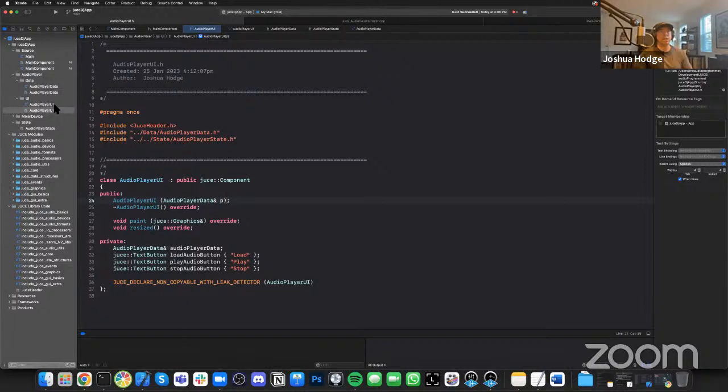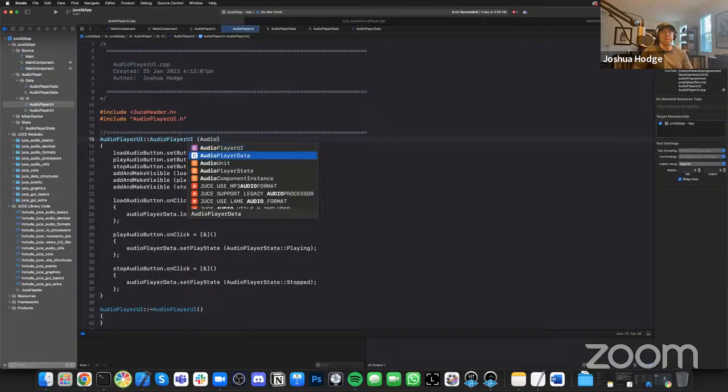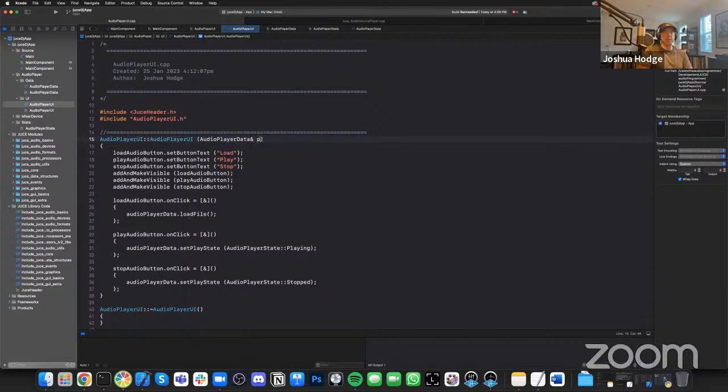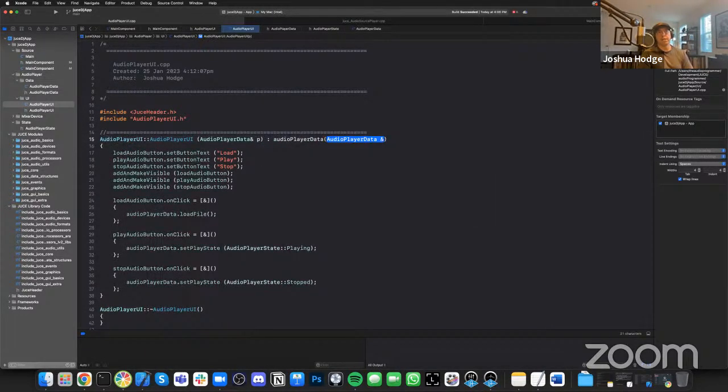And then now, let's do the same sort of thing here. Audio player data &P, then audio player data is now P. Okay, so that means that now